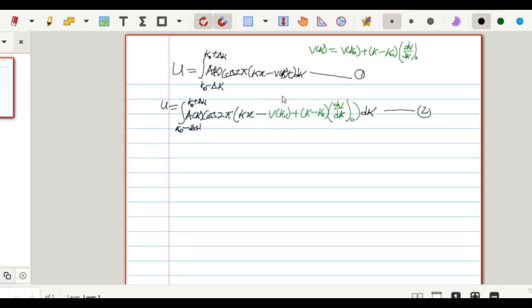Let's call this equation 2. So from here, we are going to have u to be equal to